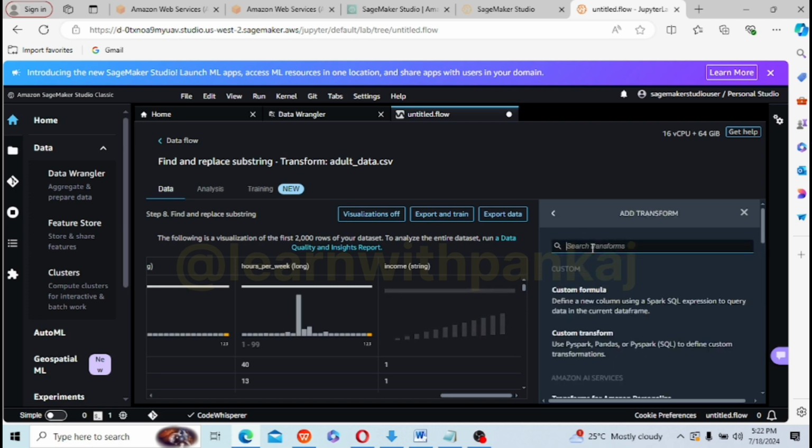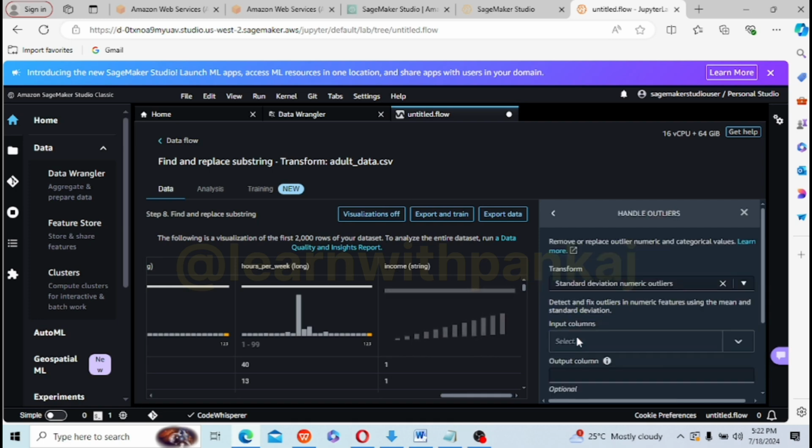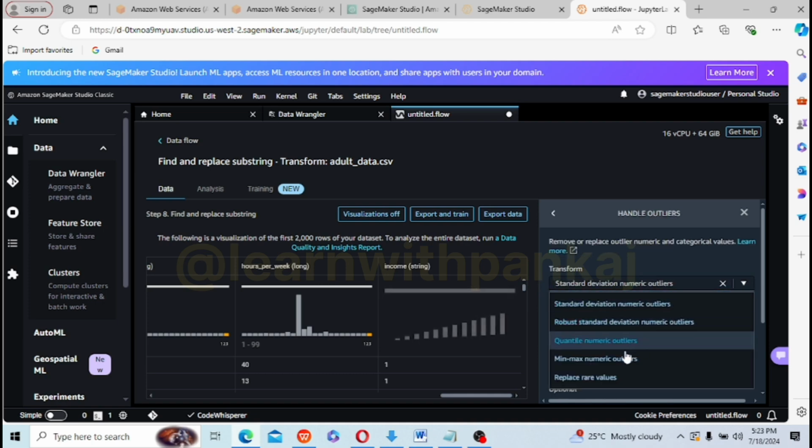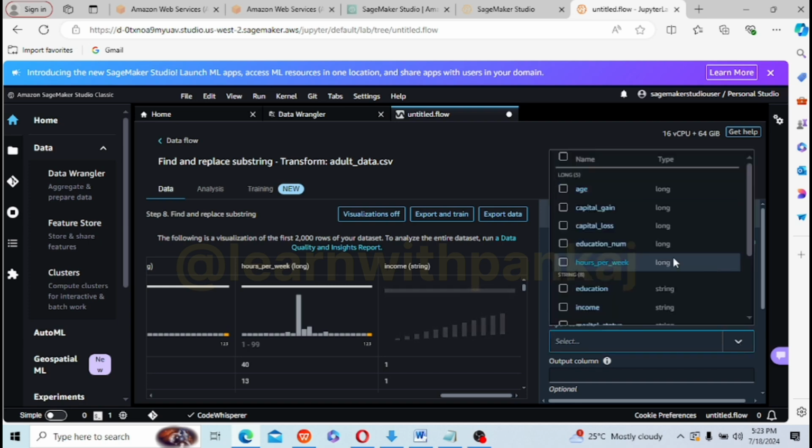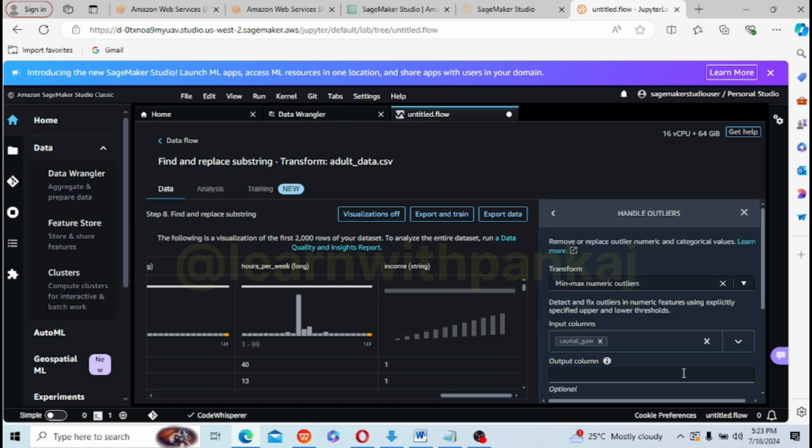So what we will do is handle the outliers. Here in the transform section, what we are saying is minimum and maximum numerical outlier. Anything between 0 and 80,000 is okay, but anything above or below that is an outlier, right? So I am going to select the column, which is capital gain.